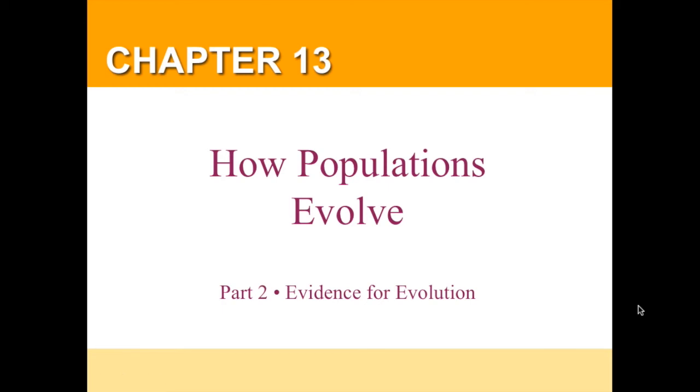Right, the second part is to give you an idea of what the evidence is for evolution. Obviously, I already explained that this is an important theory and it's the unifying theme of biology, but how do we know this? Whenever we come to these ideas, we always have to make sure that we're within science, doing the right kinds of things as far as science is concerned, and so evidence is obviously at the root